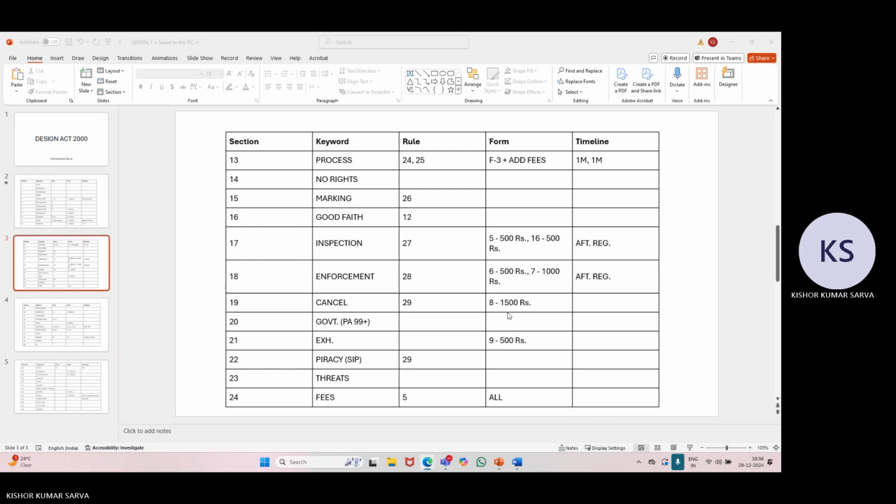Okay. Now let's look at section number 20. What section 20 talks about is the same thing the Patent Act says, the Design Act also says: that the government will be considered as a natural person. Now, once that happens, the next section talks about